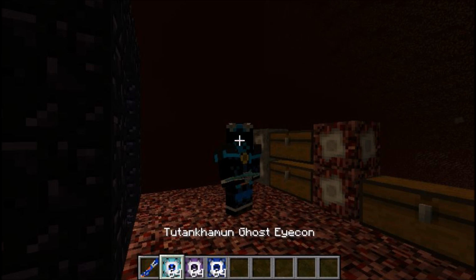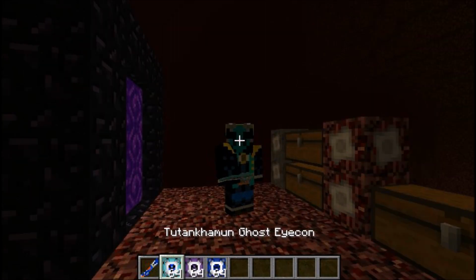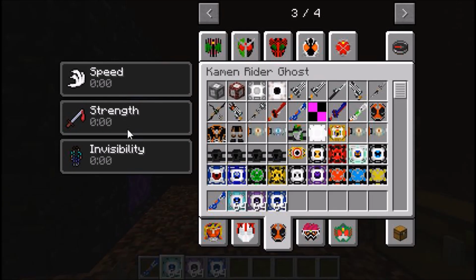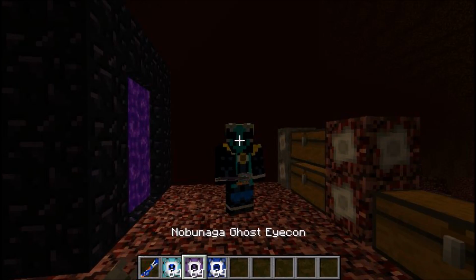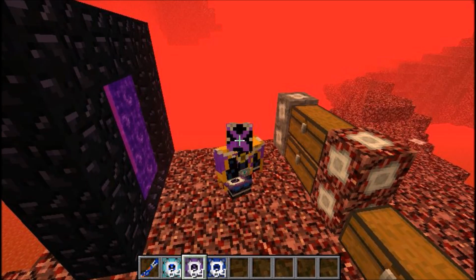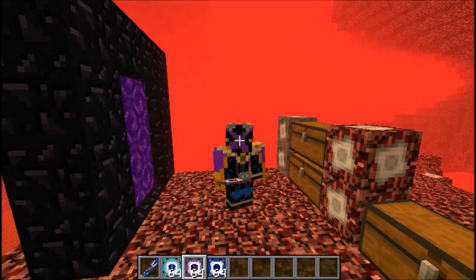But anyway, first we have Tutankhamun, one of my favorite forms he has, which looks pretty cool. Gives you speed and strength. I think the strength buff's the new thing. Nobunaga. Nobunaga here, which gives you...